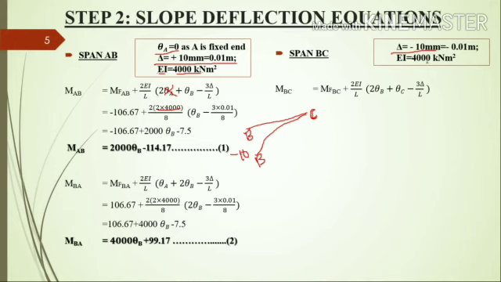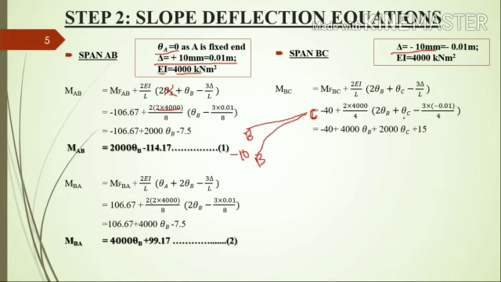The value of EI is 4000 kilonewton meter square. So substitute all the values. We get M of BC is minus 40 plus 2 into EI, the value of EI is 4000 kilonewton meter square, length of the span is 4 meter, into 2 theta B plus theta C minus 3 delta, delta here also negative, minus 0.01 by 4. In the equation we have already a negative here, and in the value of delta also there is a negative. So by calculating this value, we get minus 40 plus 4000 theta B plus 2000 theta C plus 15.